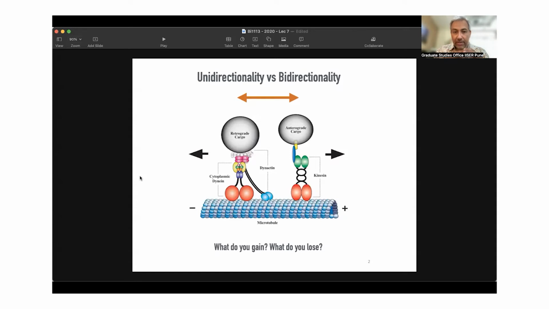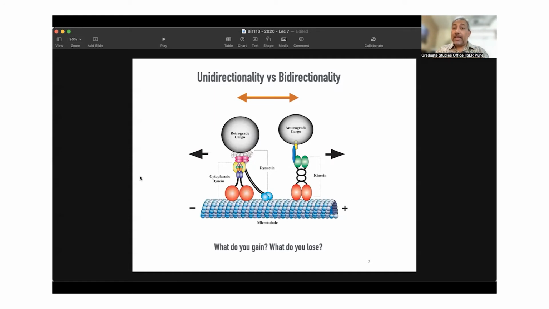The trade-off is that there is a certain amount of specificity that a motor protein needs to have. There is a certain amount of rapidness to the delivery of a cargo that it needs to have. And then there is this element of flexibility in terms of saying, okay, can I do more than one direction,